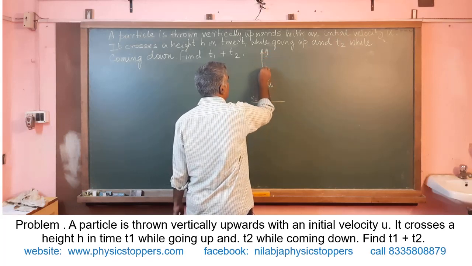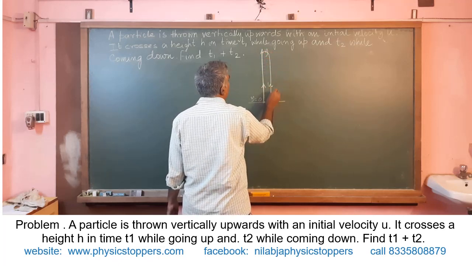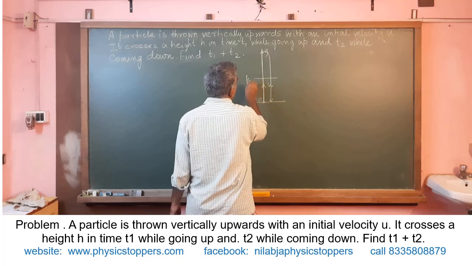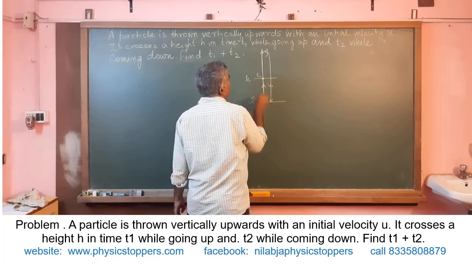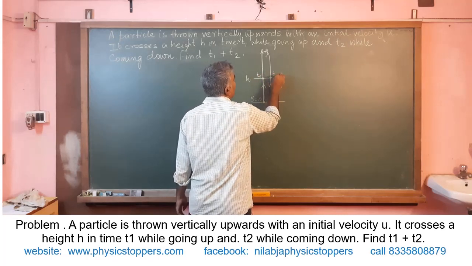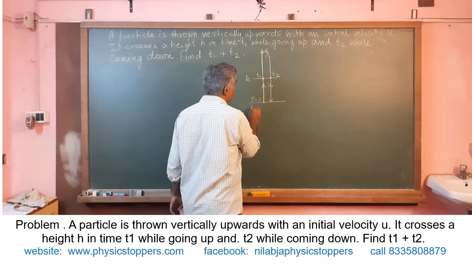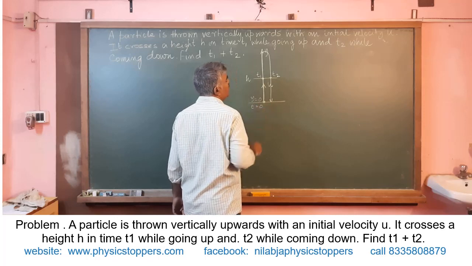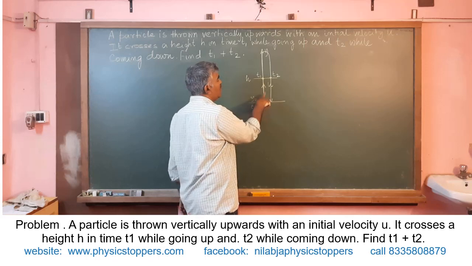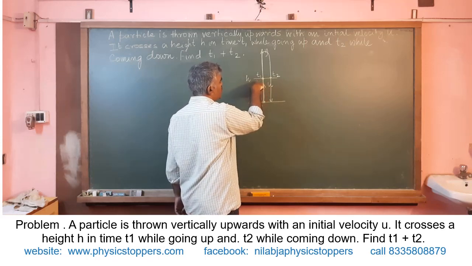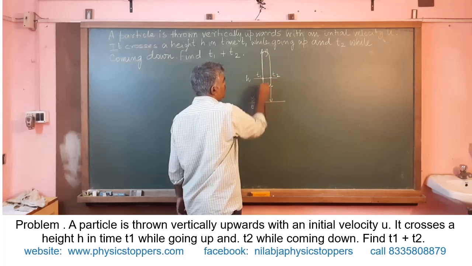Better to draw it like this. Suppose it's coming down like this, right? Now this is the height h. While going up, it crosses this height at time t1 and crosses this height at time t2. t1 means from where it starts, at t equal to 0, it takes time t1 from this point while going up, while crossing this h, and it takes time t2